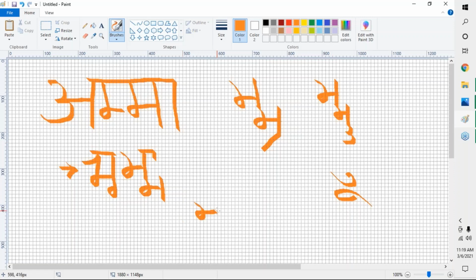Suppose if it is ma, then it can be 3 also. So the half letter is written full. The letter following it is written full, but that is also half, so that will also be written down. But then the letter after that will come below that. Anything after a half letter will be written below.